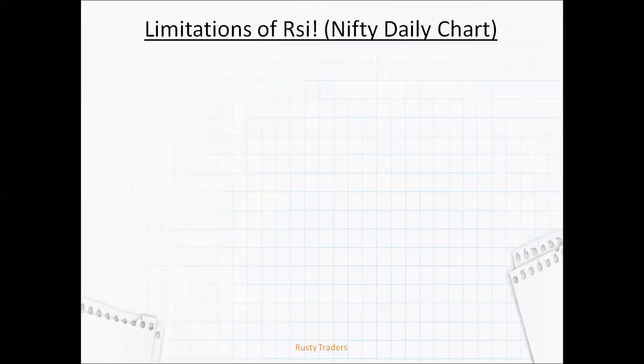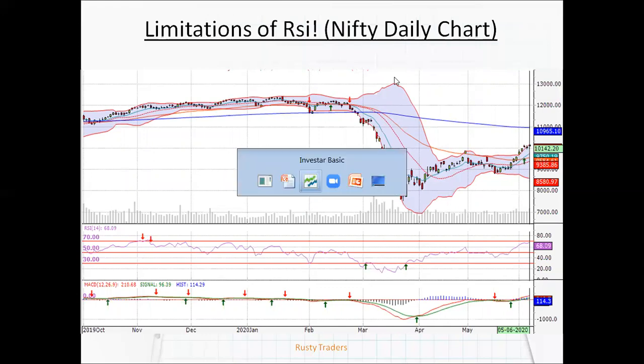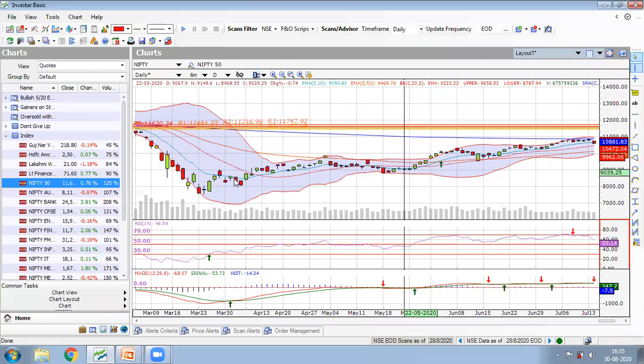So we are explaining what we have just discussed. Why should you use RSI on a standalone basis? Let's understand with the chart. So we're going to charts here. Now, if you see, what are we showing here?